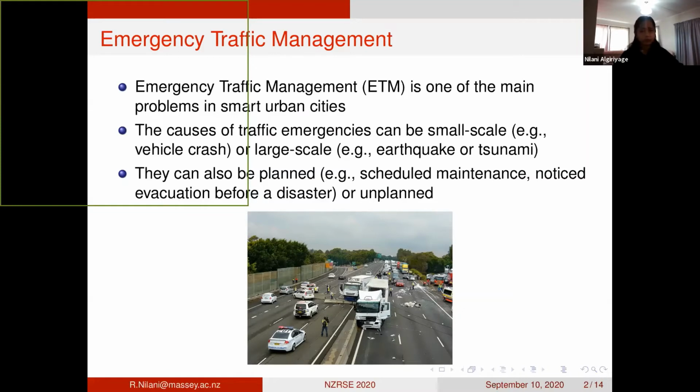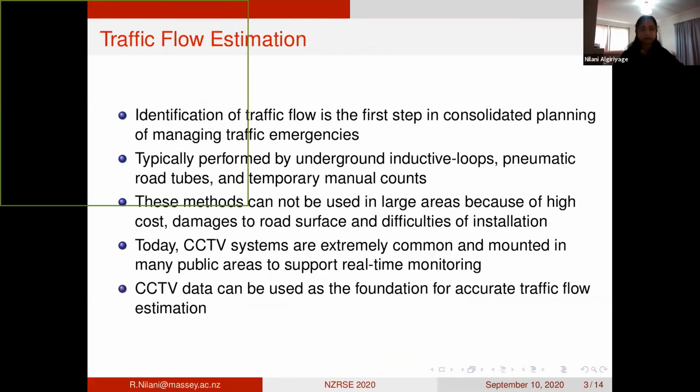And they can also be planned, such as scheduled maintenance, or unplanned. Traffic flow estimation is the first step in planning and managing these traffic emergencies. Traditionally, this was performed using underground inductive loops and pneumatic road tubes, and there were other methods such as temporary manual counts. However, these methods cannot be used in large areas because of high cost, damage done to the road surface,